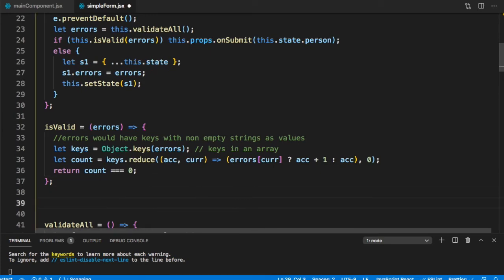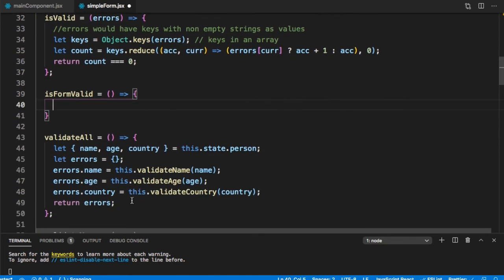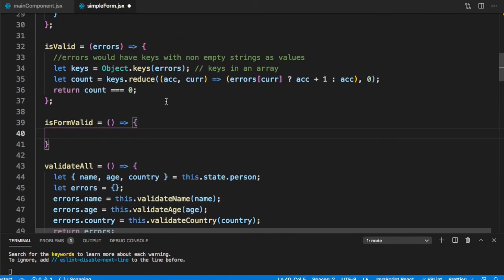So let us implement the function is form valid. And what would it need to do? So here again, what we can do is we can just call validate all and get the errors, and then check whether the form is valid or not. So let's do that.